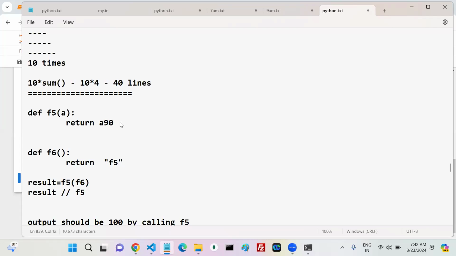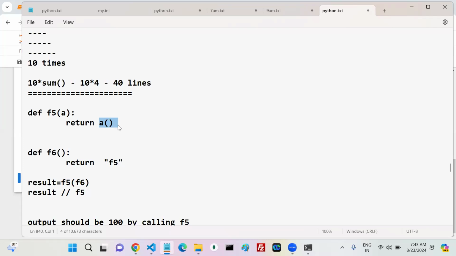Agreed everyone? Understood or not? Tell me, are you okay or not? Can I repeat again? Very simple. F5 you are calling. Yes. Passing one parameter. Yes. My parameter type is what? Based on the usage. Don't think more about this one. Only A, focus. Based on the usage, what is the type?